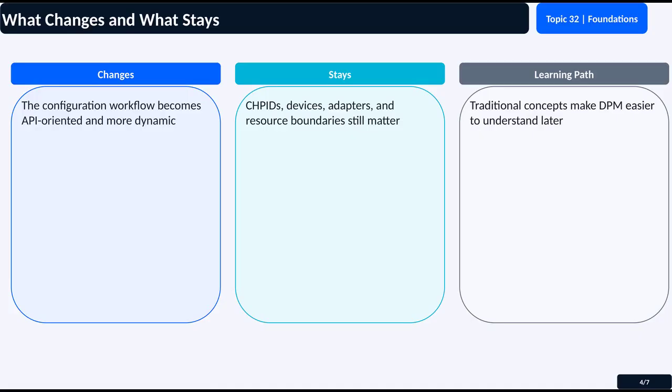Channel paths, devices, network adapters, and storage paths still exist. What changes is how administrators request and manage those resources. A beginner should not think that DPM removes the architecture. It hides more of the setup behind APIs, just like a rideshare app hides routing and dispatch details from the